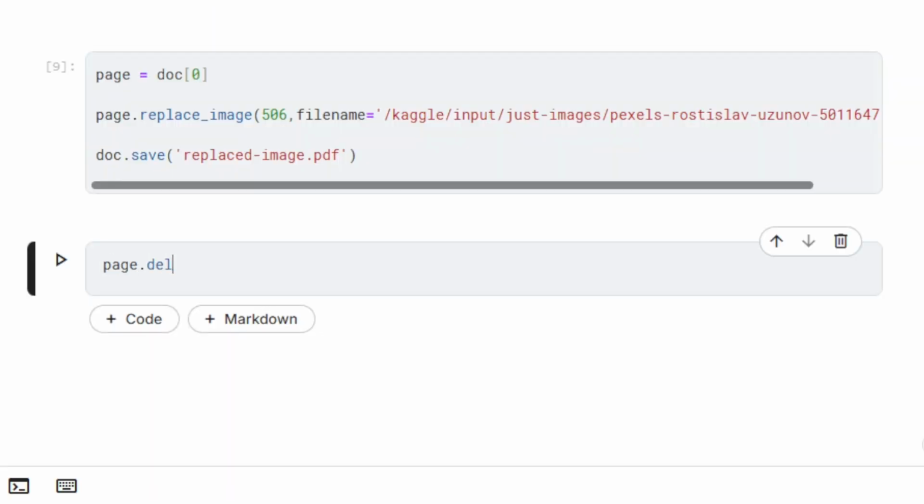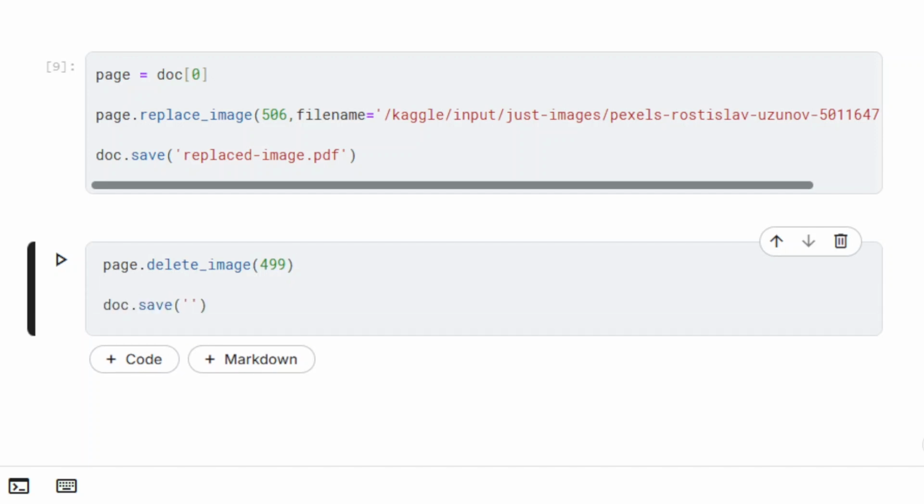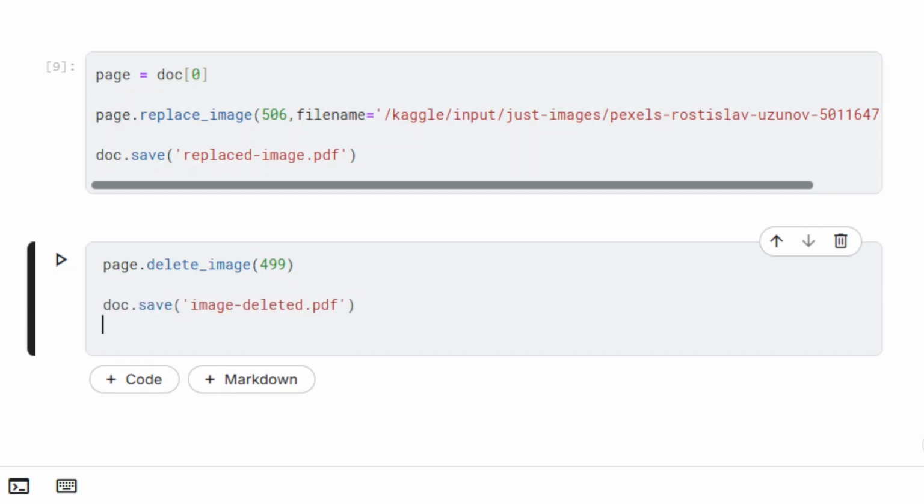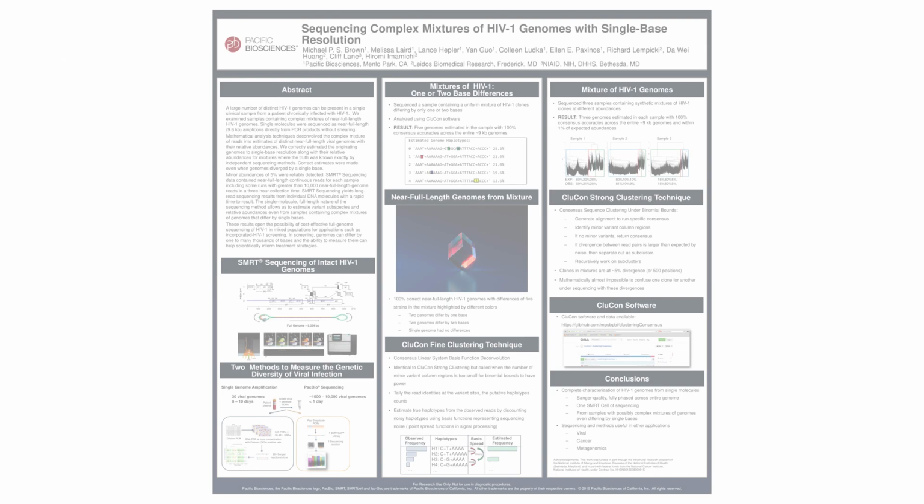You can delete an image using the method deleteImage. Only the image's xref value is needed. The image has been